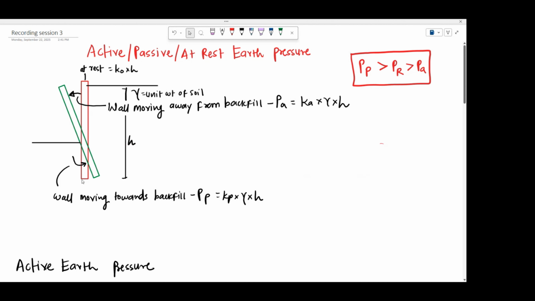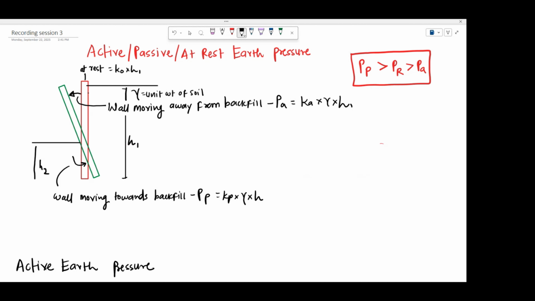This red colored retaining wall is the initial state of the retaining wall, and there is some backfill on one side at a height h1, and some backfill on the other side at a height h2. Okay, so now